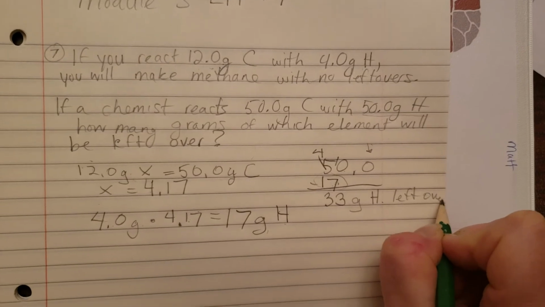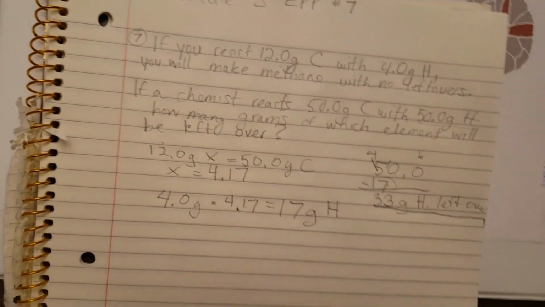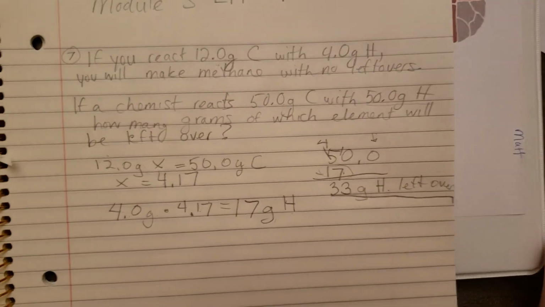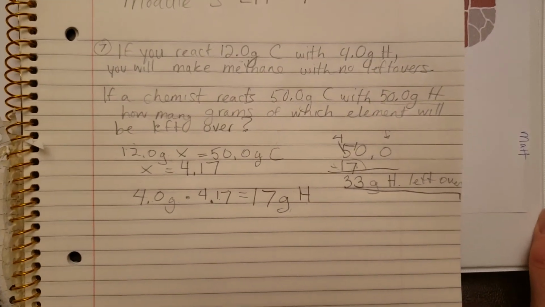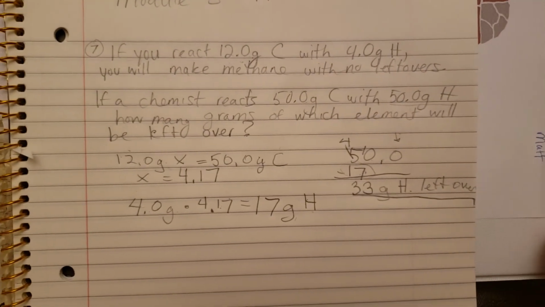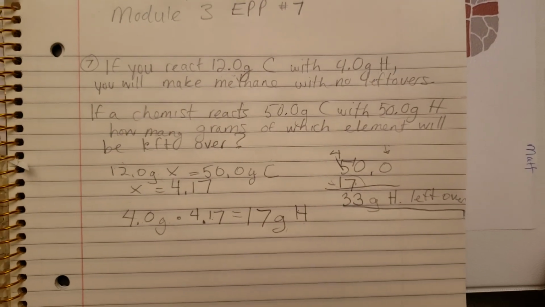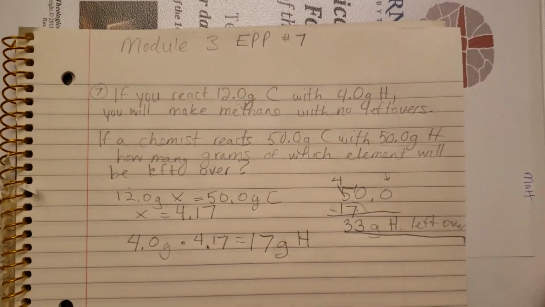Right, so that's my final answer. Hydrogen will be left over, and I'll only need 17 grams of hydrogen to react with 50 grams of carbon, so 33 grams will be left over, and the sig figs were a little bit tricky, but we stuck with those. So hopefully that'll help you with Module 3 Extra Practice Problem 7,